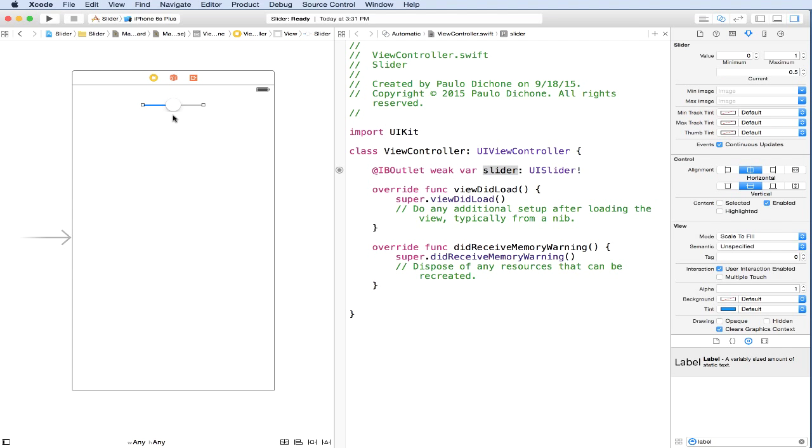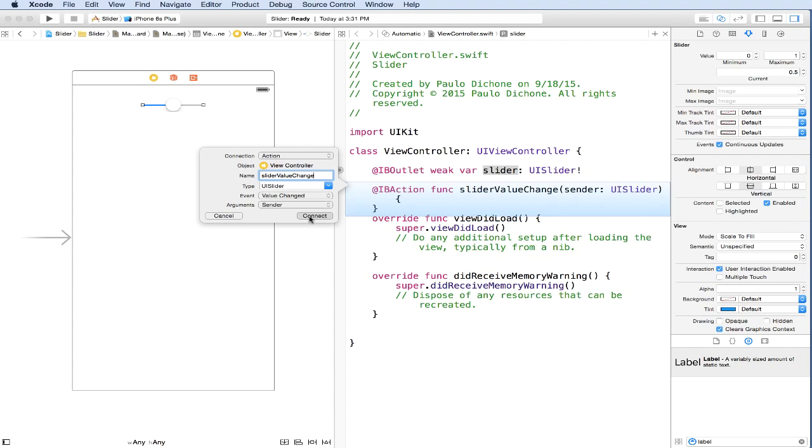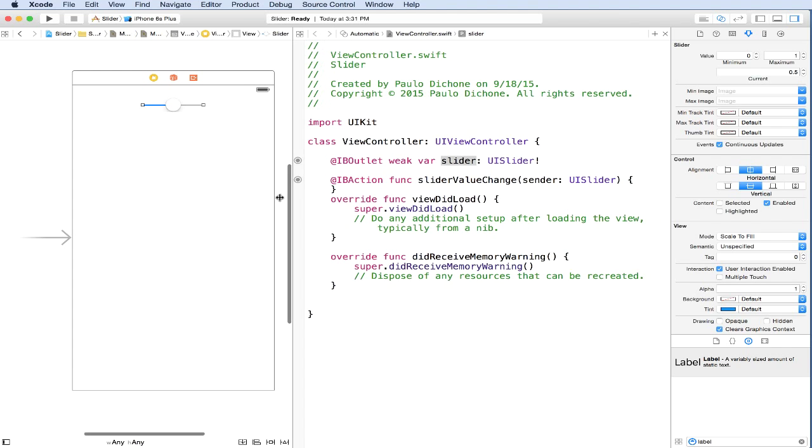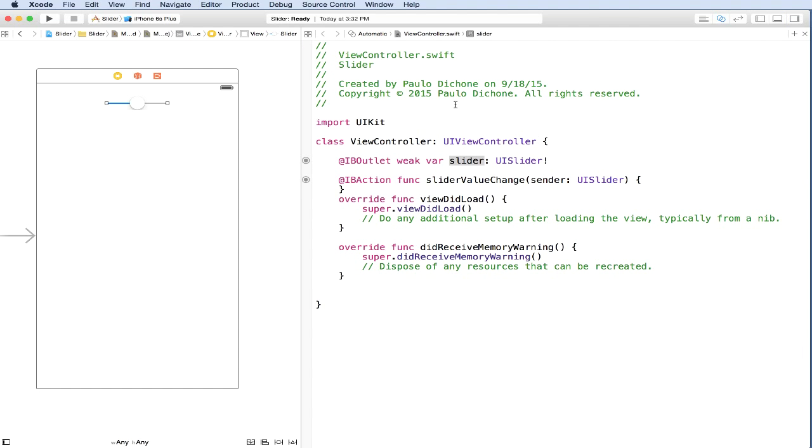And next we are gonna click on it again and say Control, or right click on your mouse, but let's go ahead and say Control just in case. Bottom here, so go ahead and let go. In this case, let's make it an action because we want to be able to track value as you slide left or right in our slider here. Now here for type, change it to slider, okay? And let's name this slider value change. And go ahead and say connect. And as you can see here, let me make this a little bit bigger. Perfect. And I think we can close the right pane to have more space.